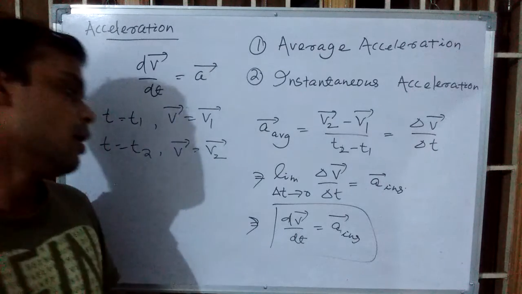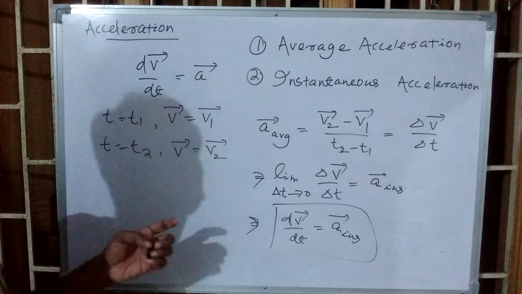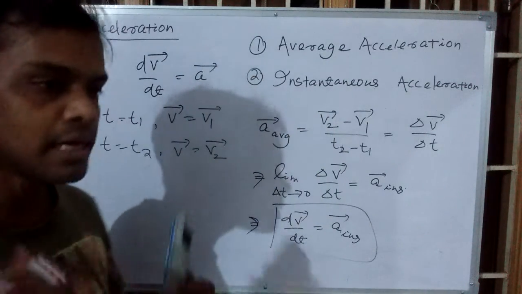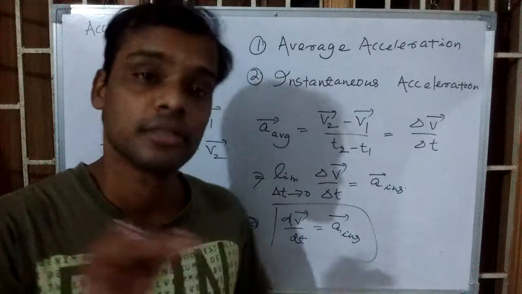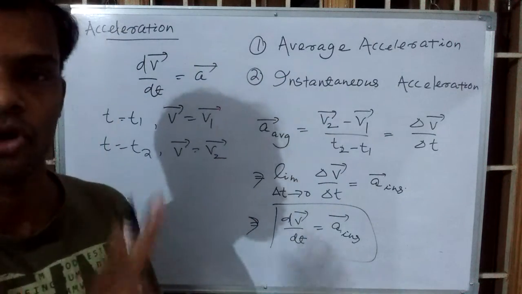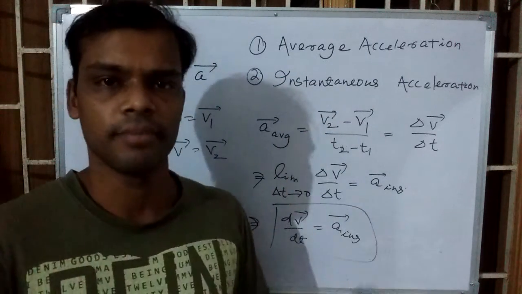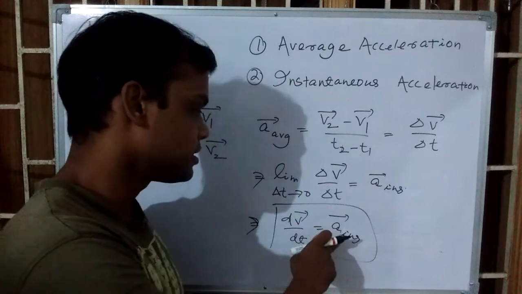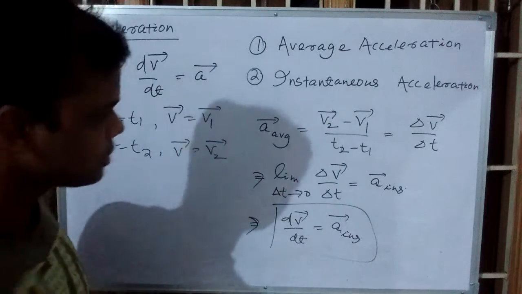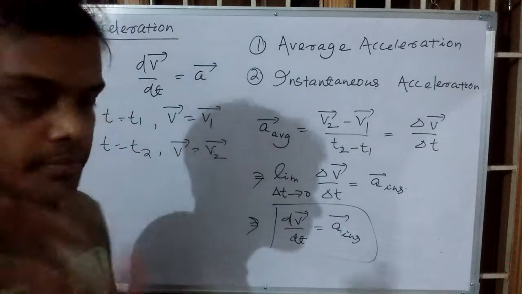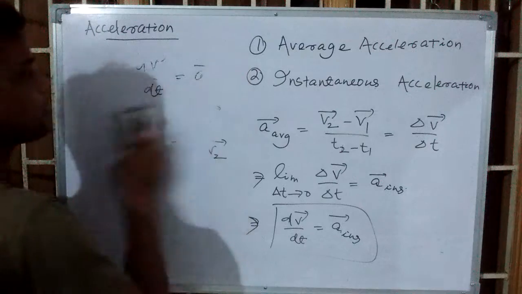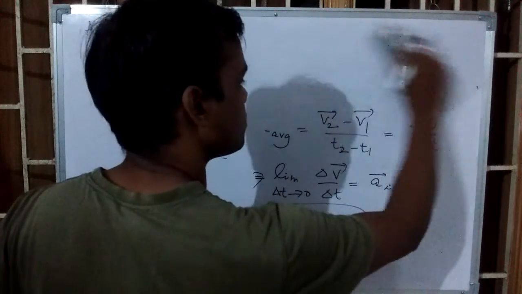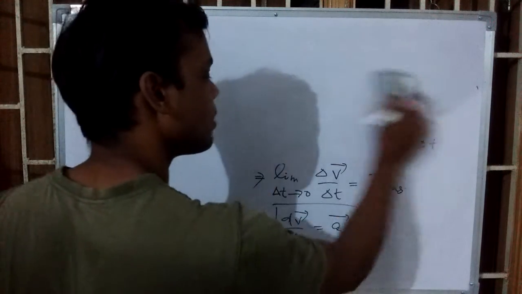Okay, now we shall consider there are some equations of kinematics. Those are completely based upon constant acceleration. Okay, when the acceleration is not varying at all, that means at every moment of time acceleration is constant, or a instantaneous is constant. It is also equal to average acceleration. Everything is same. So on the basis of constant acceleration there are three equations. Those are also called kinematics equations. We shall derive them one by one.